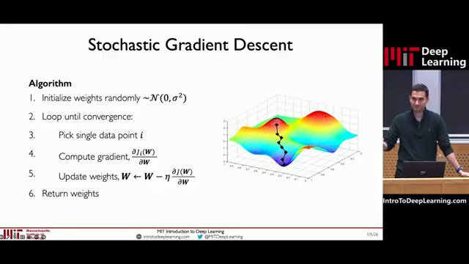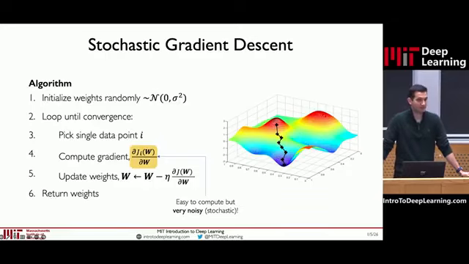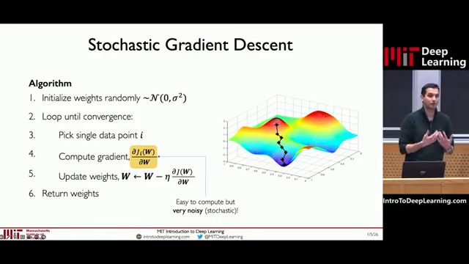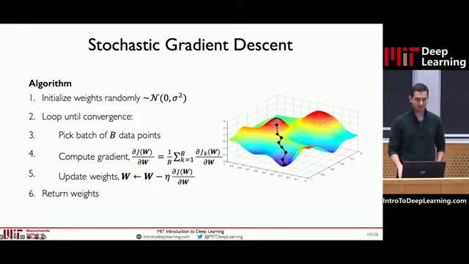Pick a random point and compute the gradient with respect to that one point and step in the opposite direction of that one point. Now, that is much, much faster to compute, obviously. On big data sets, computing a gradient on one point is going to be way more efficient than the entire data set, but it's also going to be way more noisy. So there's a trade-off there, of course. Now, what is the middle ground?